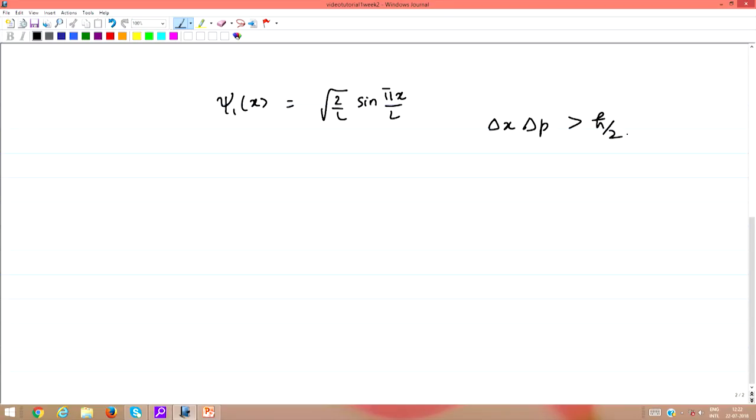We will see that, and this involves the calculation of the expectation values,